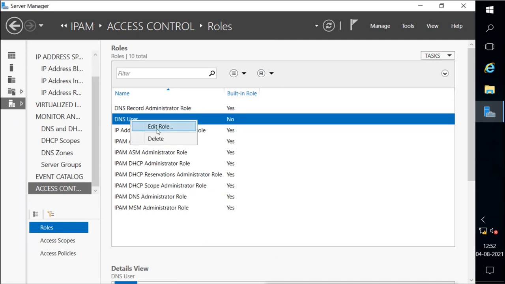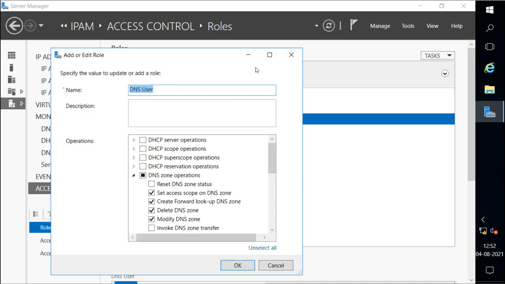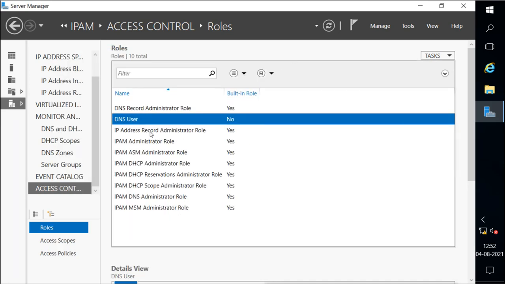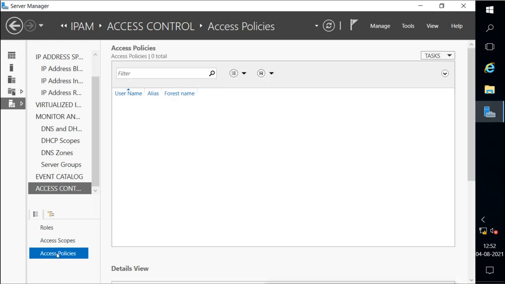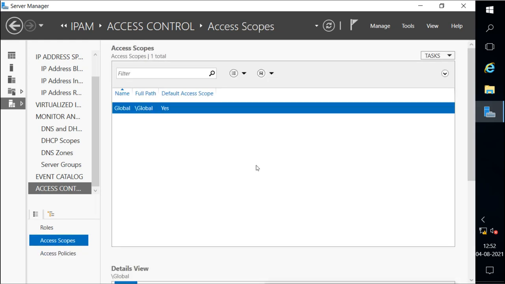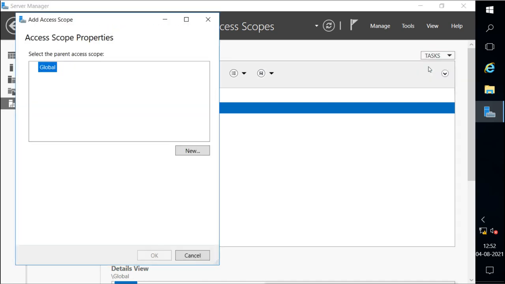Then we can edit the role also. This is a group which I have created. Now I can create the role access scope also, and also the policies. That is the default one.